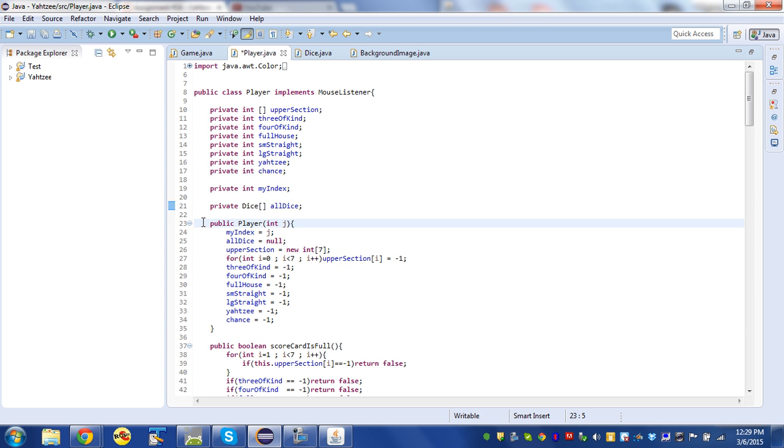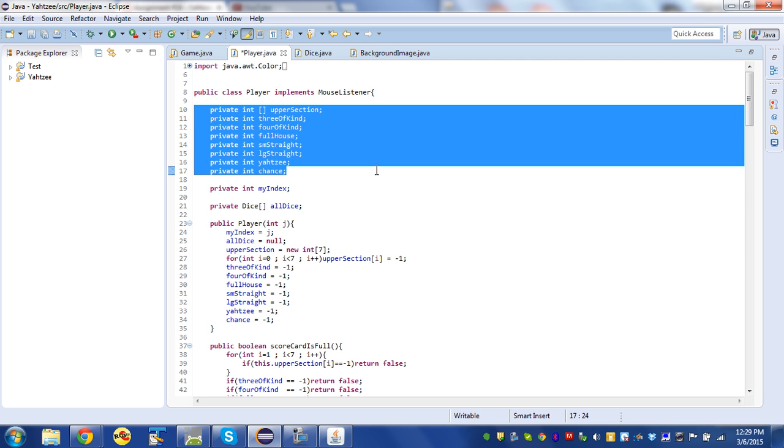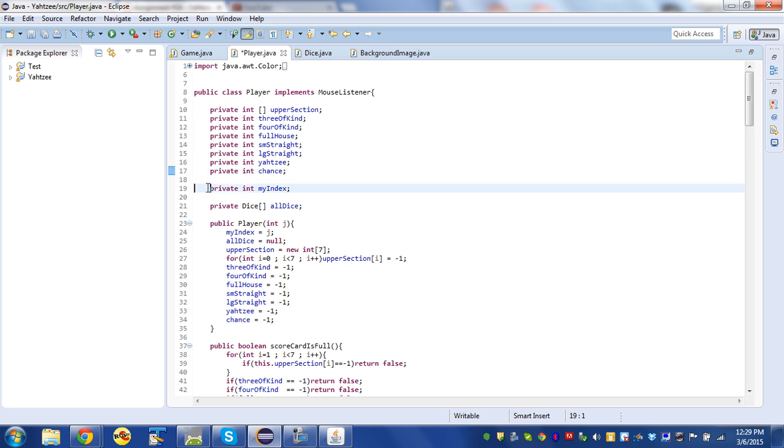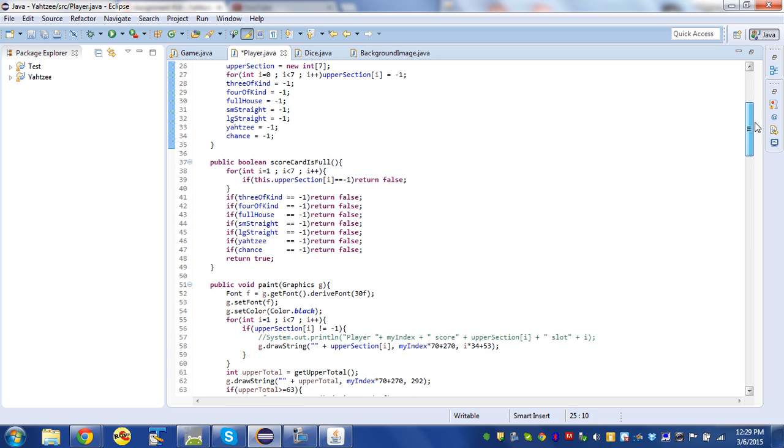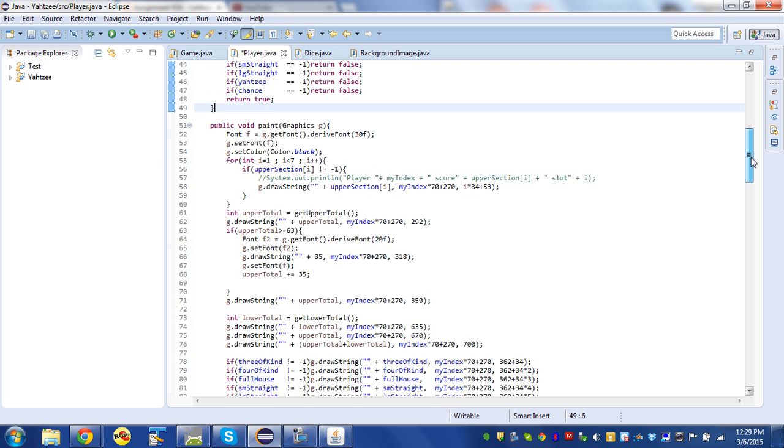time. The constructor that initializes all those variables, initializing all of the categories to -1, its index to the variable that it was given so that each player will know its own appropriate index, and all dice starting out at null. The scorecard is full, which is used by the game to know whether or not it's the end of the game or whether or not to skip a particular player because his scorecard is full and another player's scorecard might